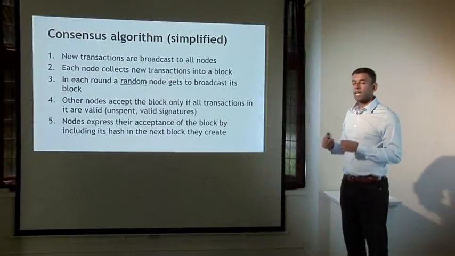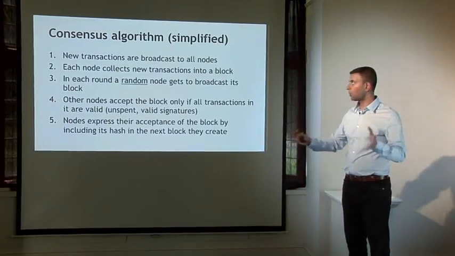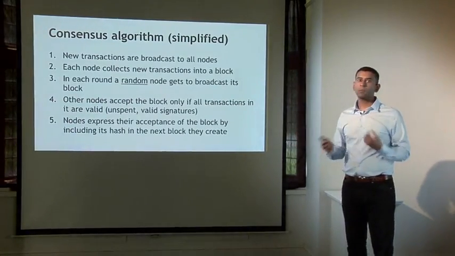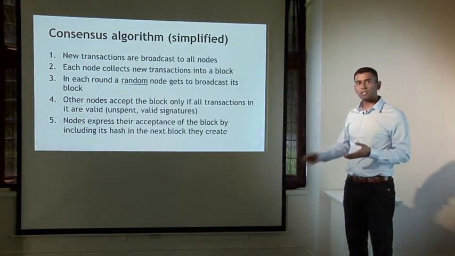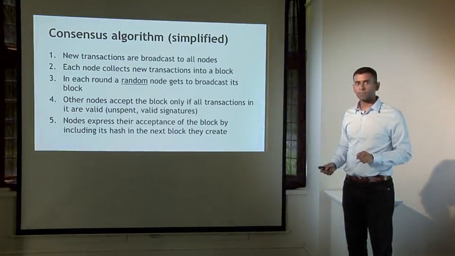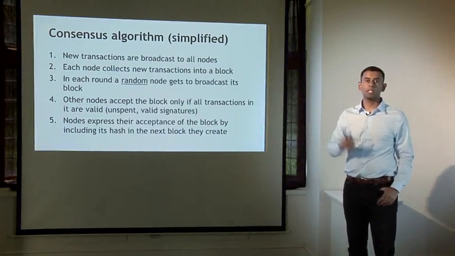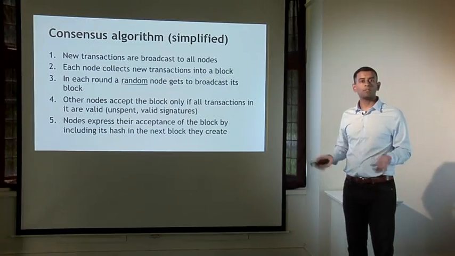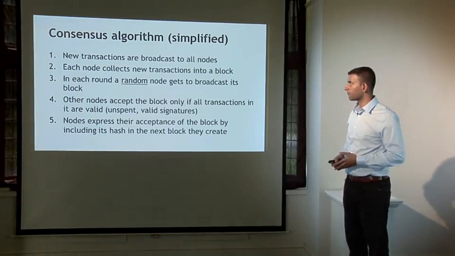Whenever Alice wants to pay Bob, she will create a transaction, and she will broadcast it to all of the nodes. Any one of these nodes is constantly listening to the network and collecting a list of outstanding transactions that have not yet made it into the blockchain. At some point, one of these nodes is going to be randomly called upon to propose the next block. It's going to round up all of the outstanding transactions that it's heard about and propose that block.